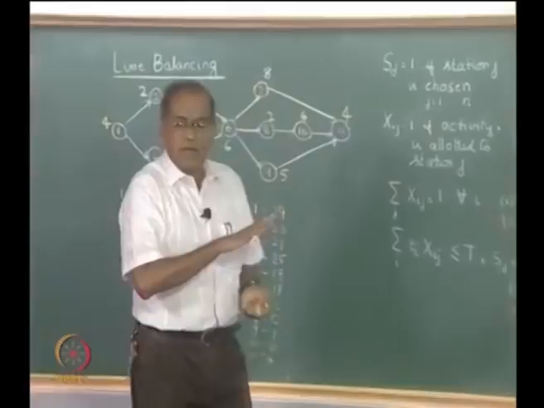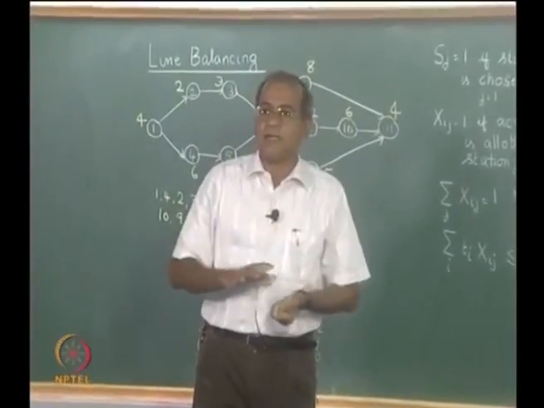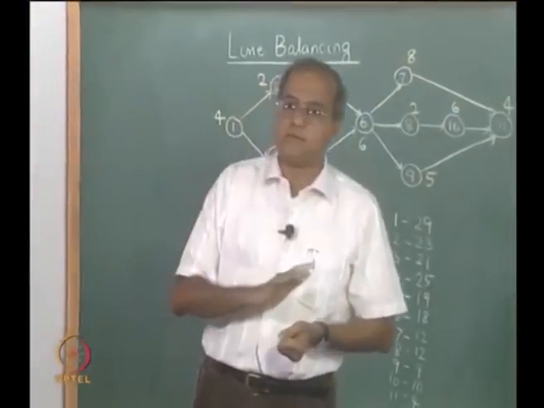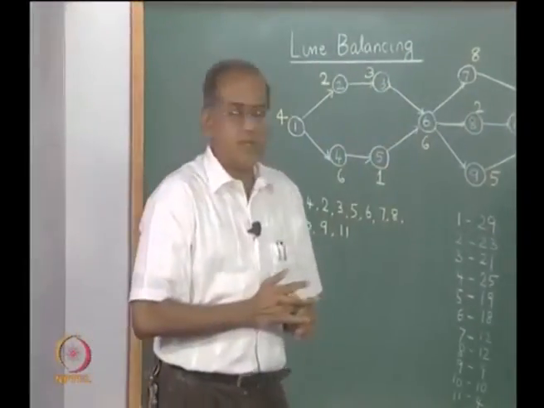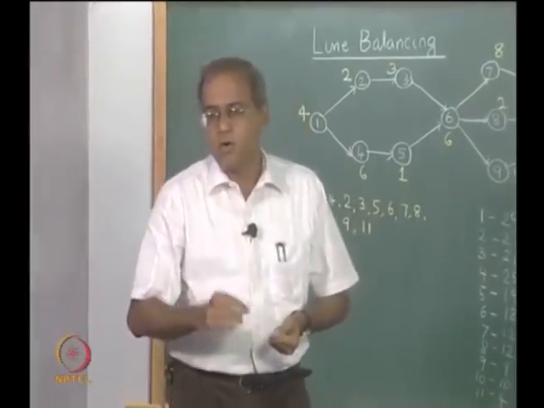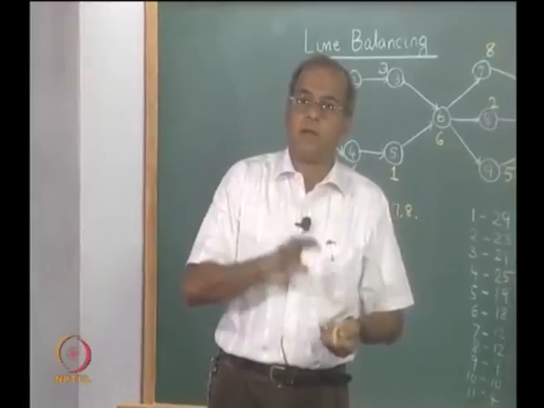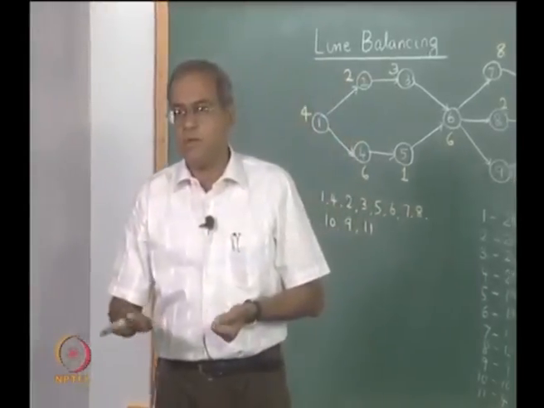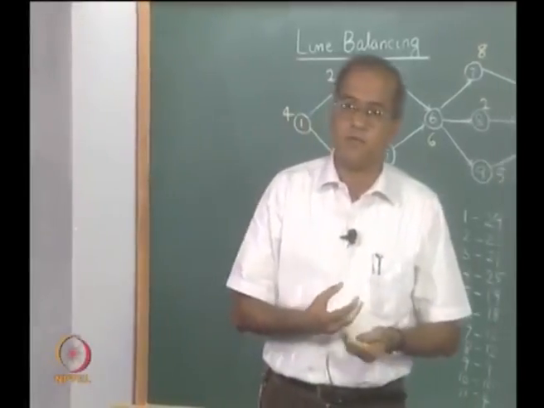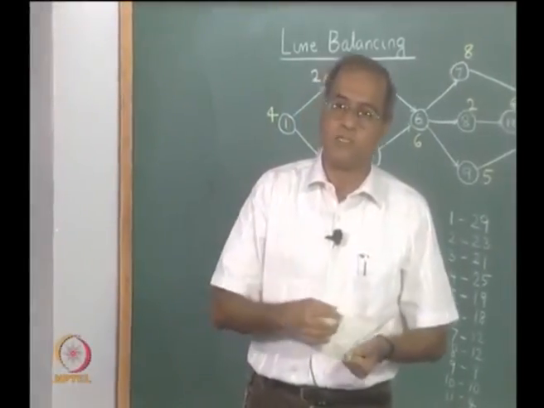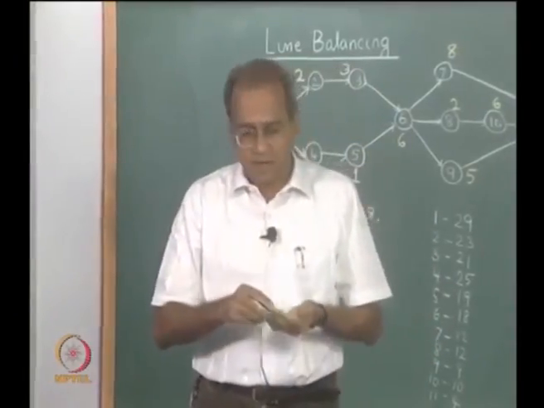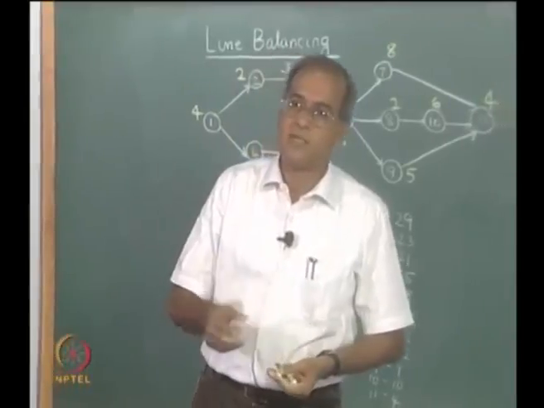So, with this we come to the end of certain production control related decisions. We have seen some aspects like scheduling as well as line balancing. Now, after this we will start looking at some aspects of location decisions. How do we locate plants from a manufacturing and supply chain point of view, and layout decisions as to what are the algorithms and methods by which we can have relative location of facilities inside a given location. So, these aspects related to location decisions we will see in the next lecture.